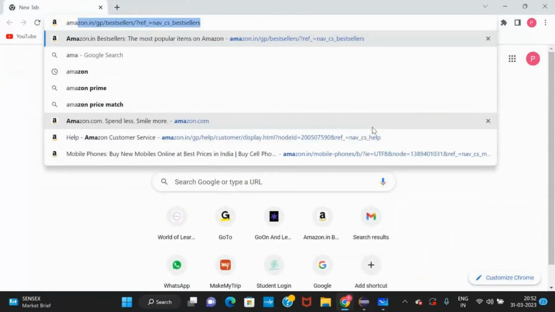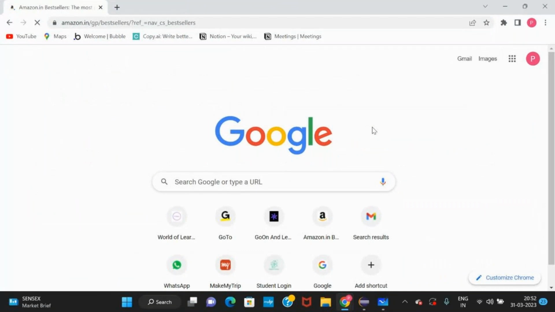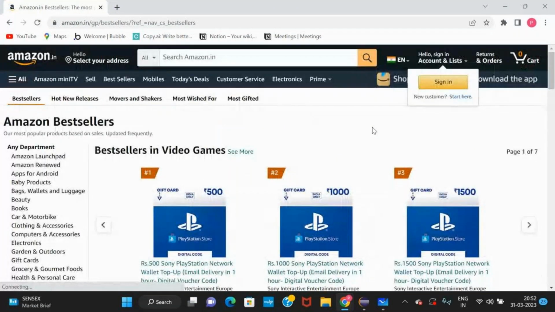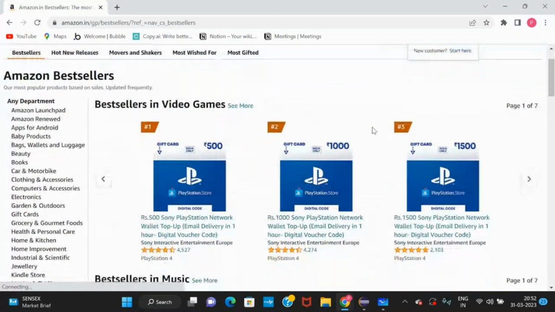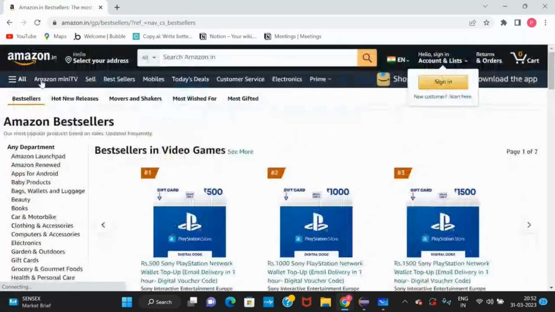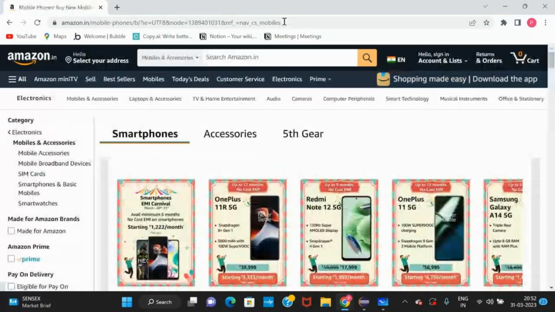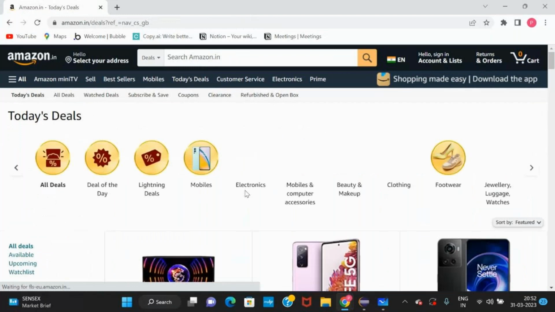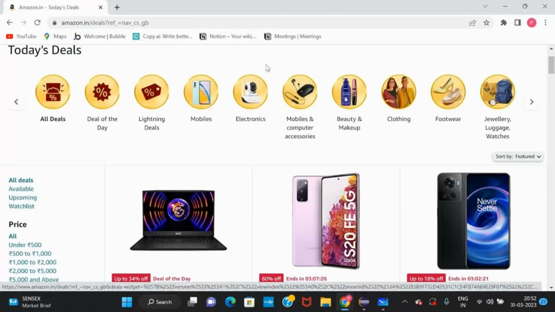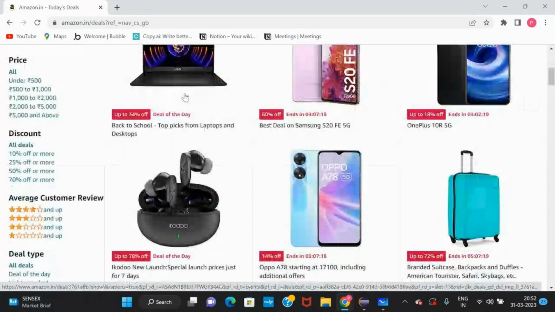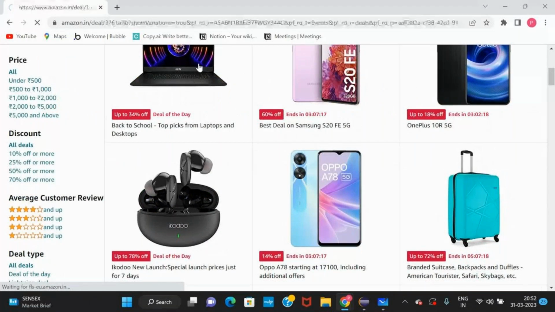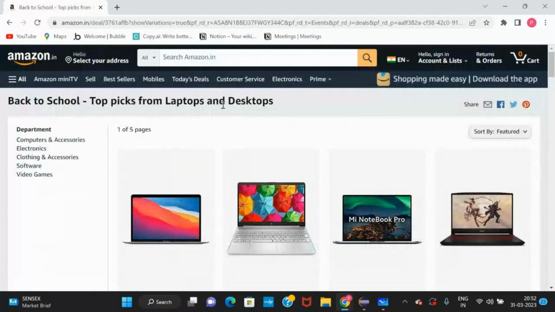If you are automating the Amazon site, this is the home page, then you have the mobiles page, which is different. The Today's Deals page is different, and in Today's Deals you have the deals available. Again there is a different page for laptops and desktops. So there are multiple pages.